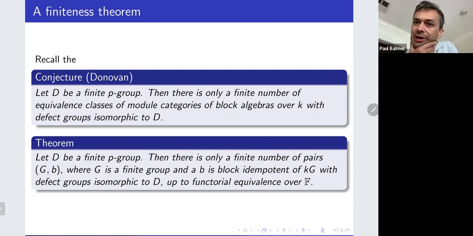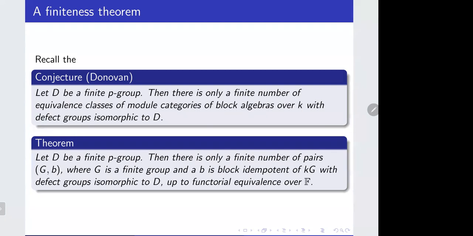Yeah. Are there obvious invariants of the blocks, of the module categories of the blocks, that would not be detected by your notion of functorial equivalence? There are some open questions here, open and closed also. One of them is the question of